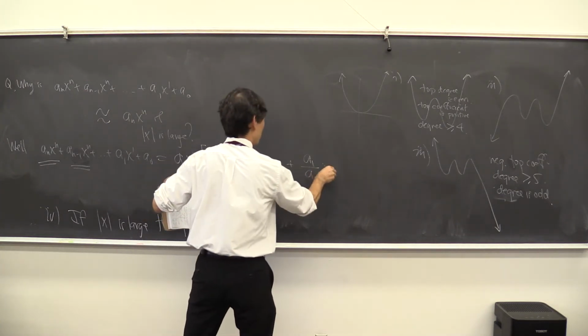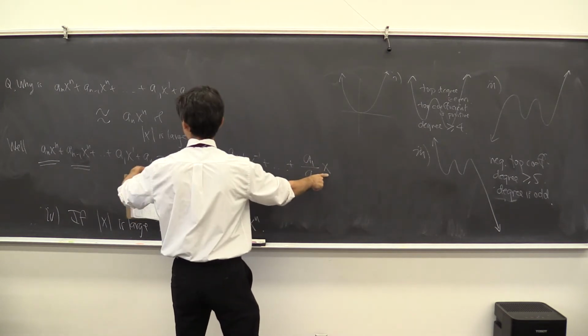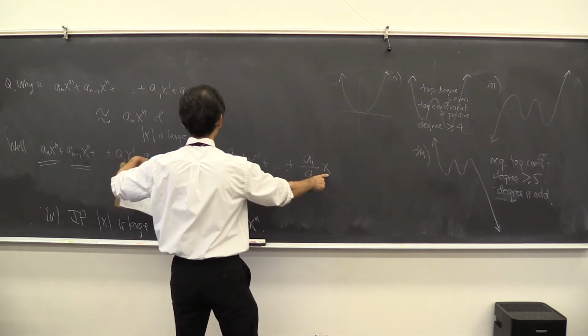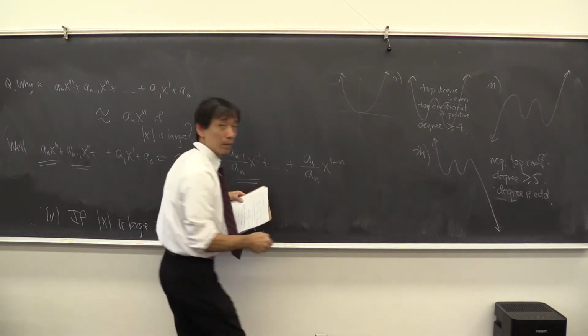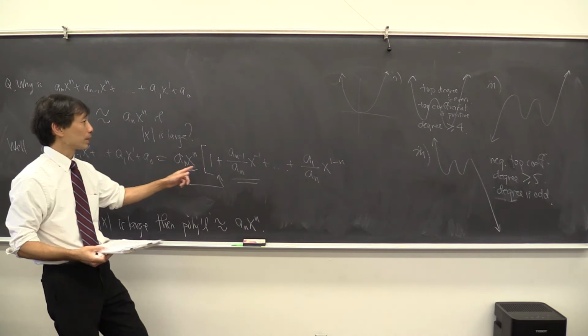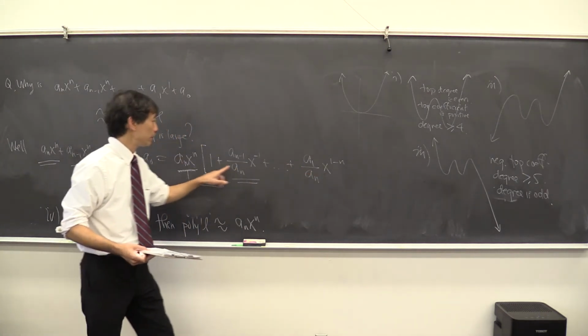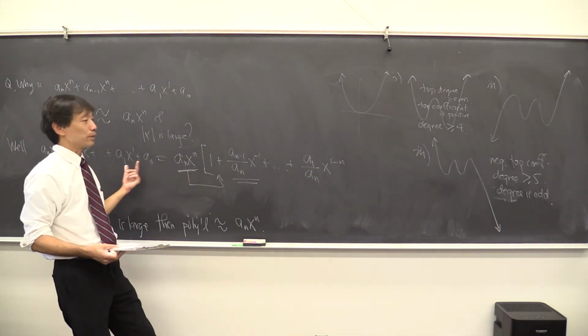And then we also need x to some power. x to this power times x^n should be x^1. So we need 1 minus n, because x^(1-n) times x^n would give us x^1,